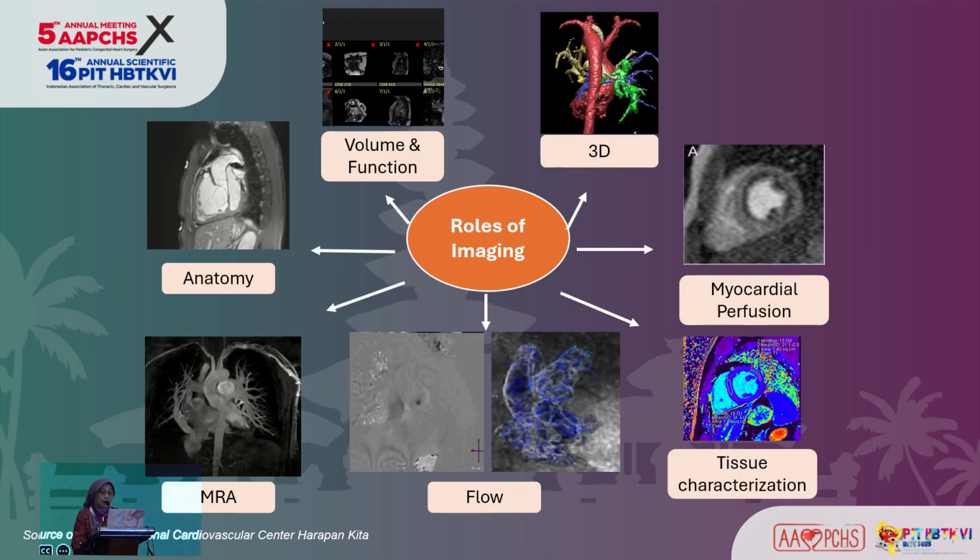Current diagnostic strategy for double outlet right ventricle primarily involves imaging techniques to assess heart structure and blood flow. In general, the role of imaging in performing comprehensive evaluation in congenital heart disease includes determining the anatomy and morphological disorder, measuring the volume, function, and mass, performing 3D volume reconstruction, viability study, hemodynamic evaluation, calculating flow quantification, and tissue characterization.